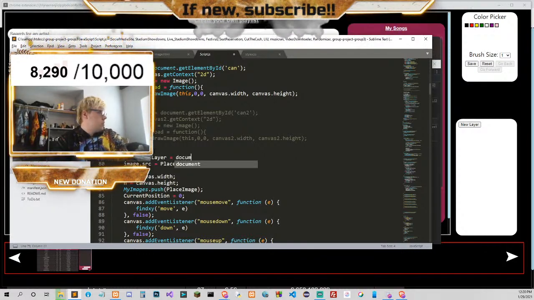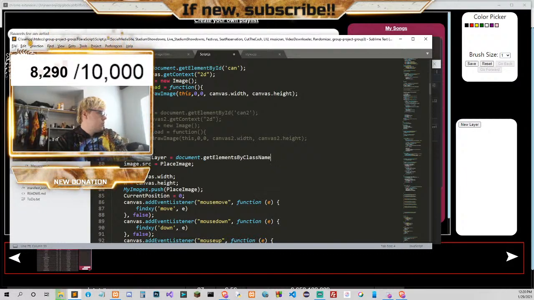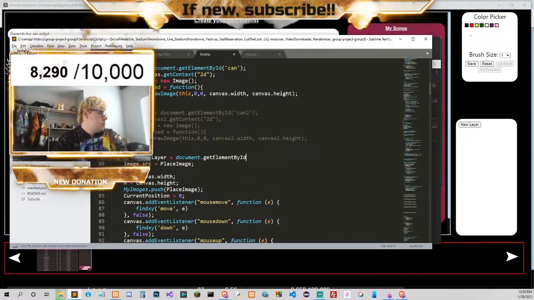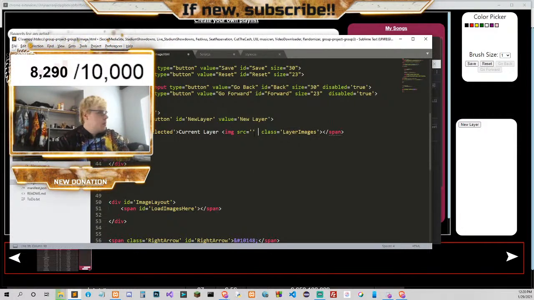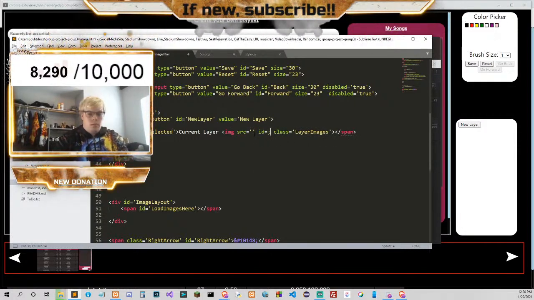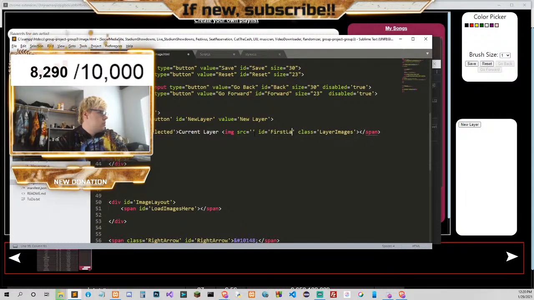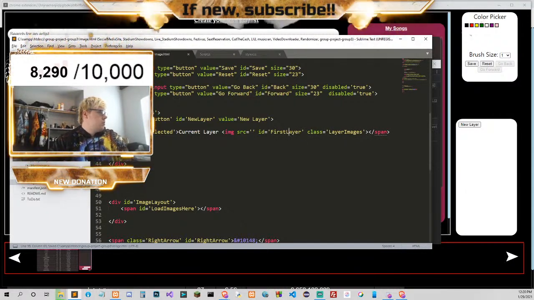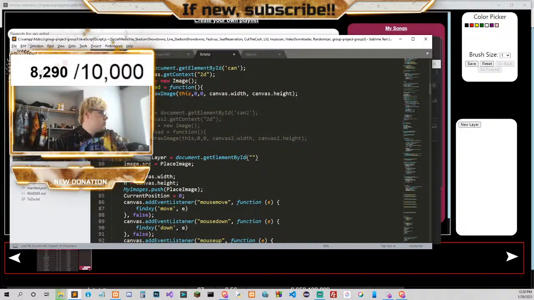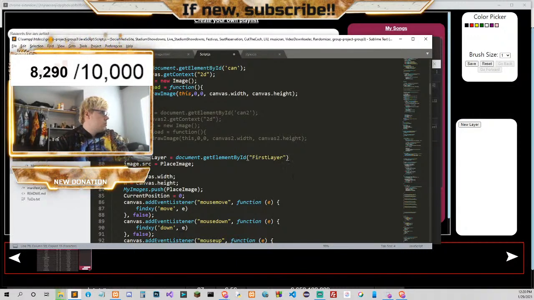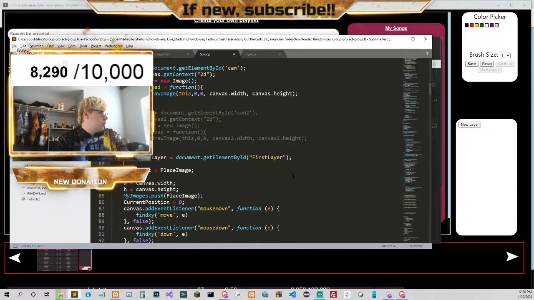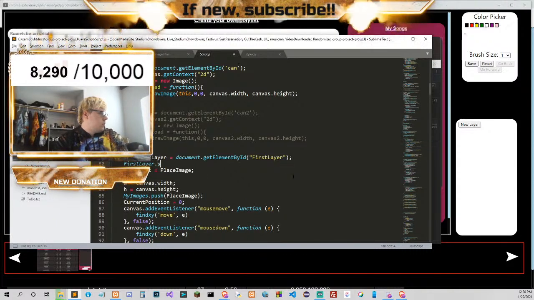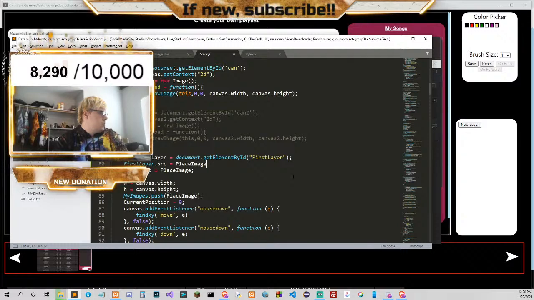layer equals by ID, and we're gonna do this. We're gonna do ID equals. And then we're gonna do layer dot source equals.